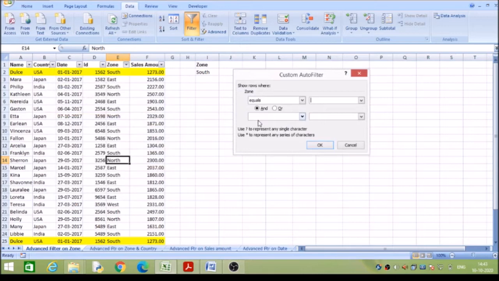Now if I am going for options, here I can do numerical operations also.